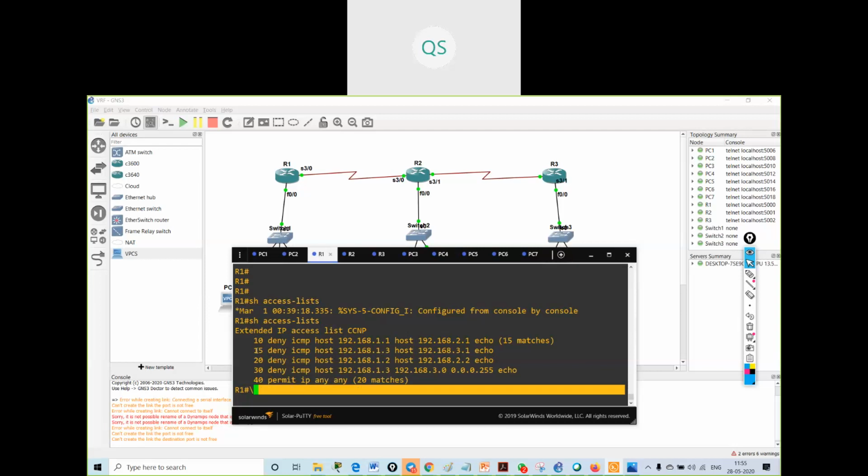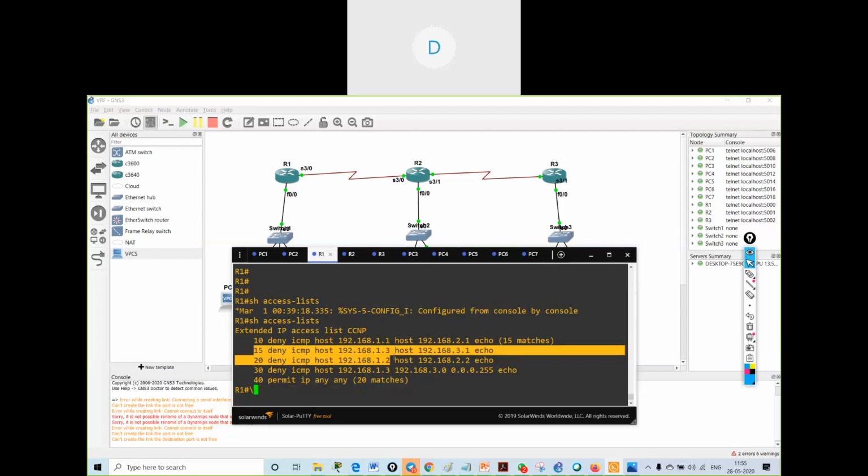But in named access list, I have the feature to do editing. So if after the permit any you add a command in numbered access list, it will not take that command.